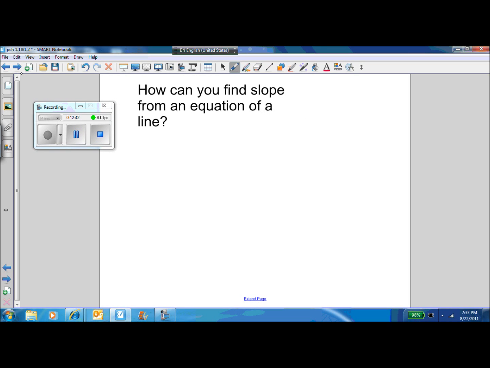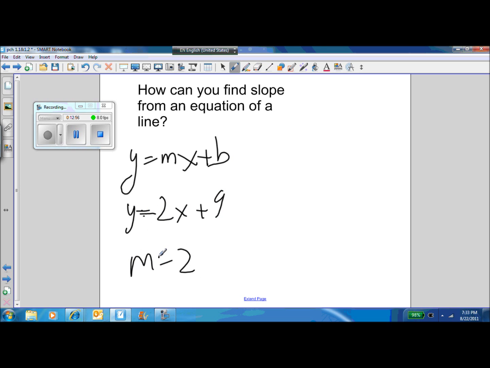Now, how can you find slope from the equation of the line? Well, we're going to talk a lot more about the different forms tomorrow. A lot of the forms you're familiar with, y equals mx plus b, right? Y equals 2x plus 9, so the slope is 2. But what if you don't have it in y equals mx plus b? Do you have to put it in y equals mx plus b to get the slope? If it's in standard form, ax plus by equals c,